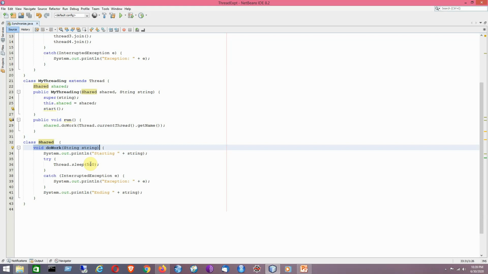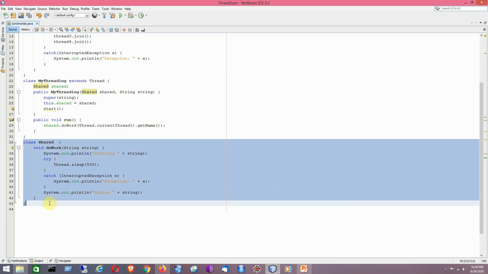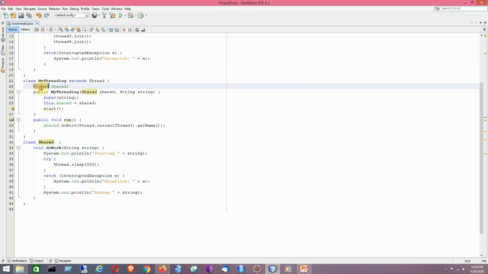So let's have a look at the code here. It is the class shared, the thing I have discussed just now. Now we are going to create an object of this class, and that will be shared among multiple threads. So it is the reference of the class named shared. We have a thread that has been created by using extends Thread.